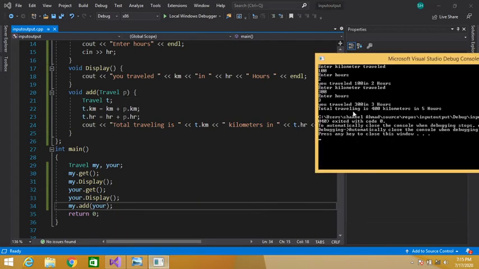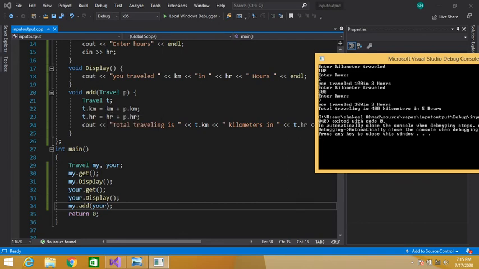We have entered a value in the second object, that is, kilometer is 300. So this p.km will contain 300, plus this km, which is my object's. In my object the value of km is 100.